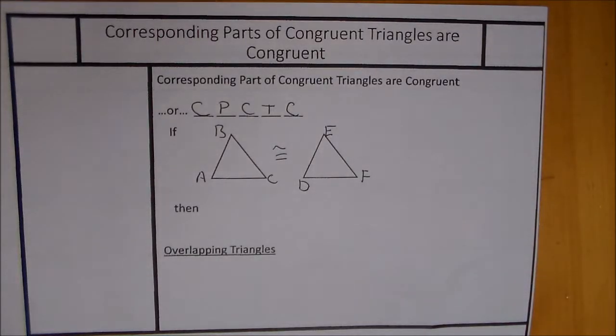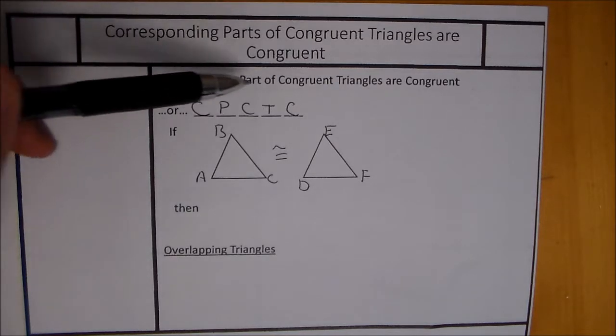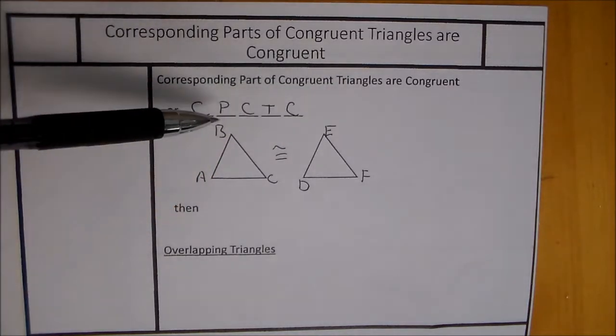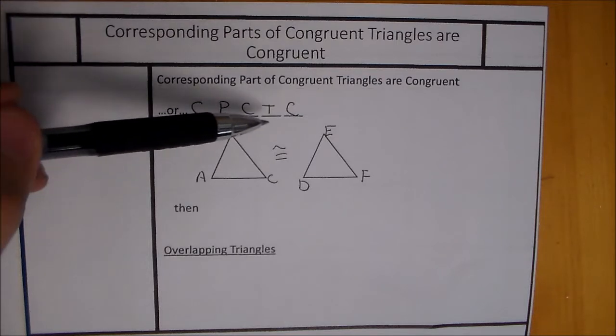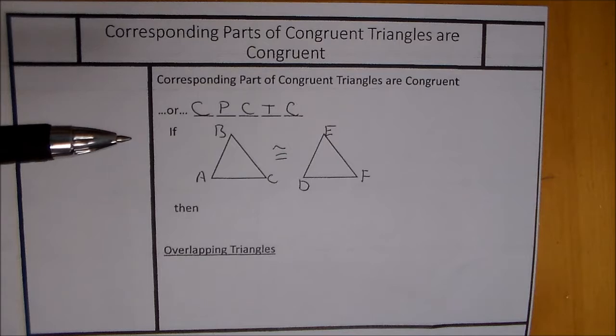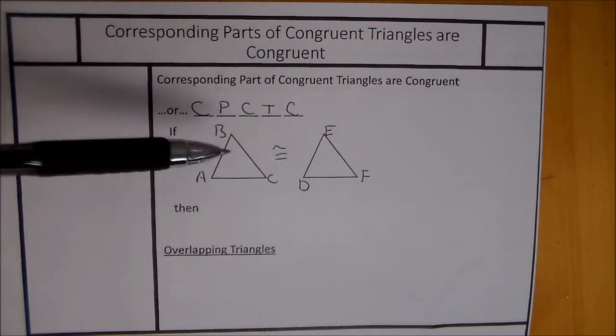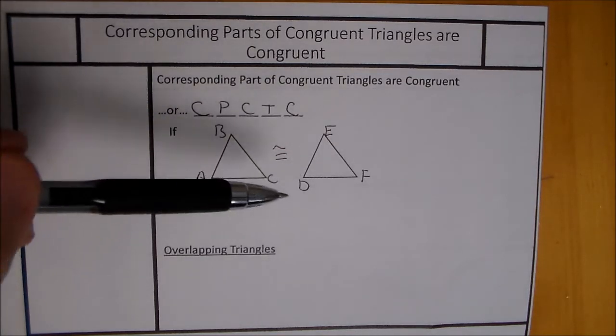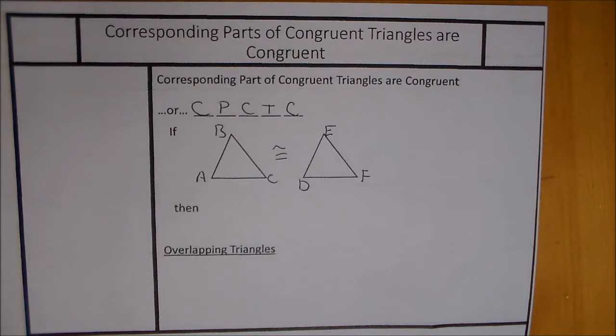So now as we look at corresponding parts of congruent triangles are congruent. It's quite a mouthful. So we have corresponding parts of congruent triangles are congruent, which we'll later shorten to CPCTC. Now it's a nice acronym to shorten, but you need to make sure you know what it's standing for. And what it's saying is if I have two triangles that are congruent, where I've done all of this